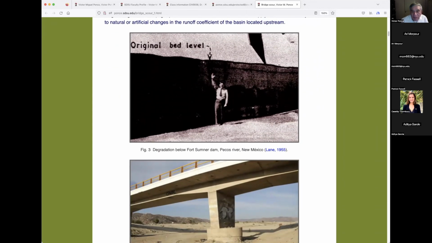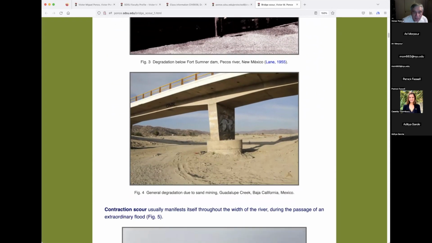This is the famous picture that Lane put in his paper. You've seen this picture before. Degradation below Fort Sumner Dam, Pecos River, New Mexico, Lane, 1955. I do believe I have a link in here, so that goes directly to the paper by Lane. We also have another